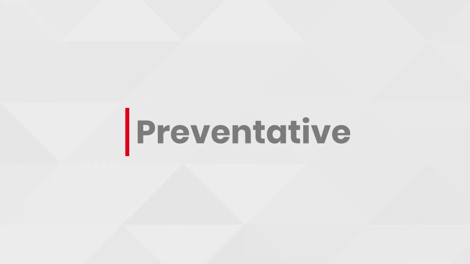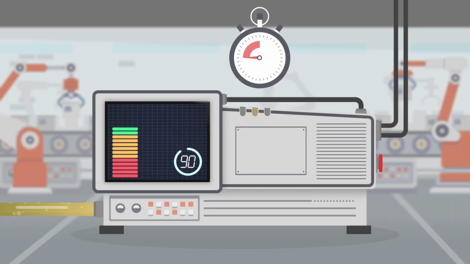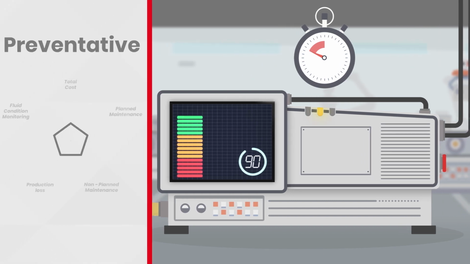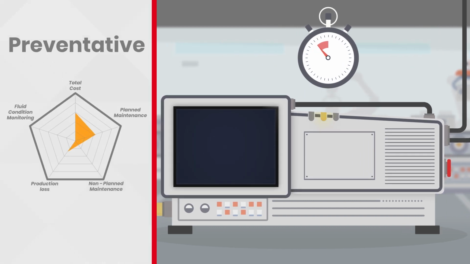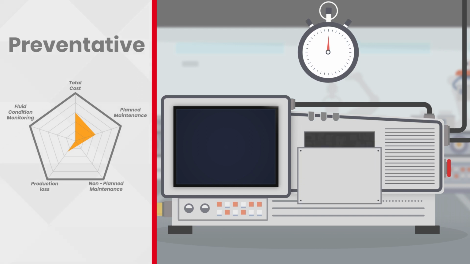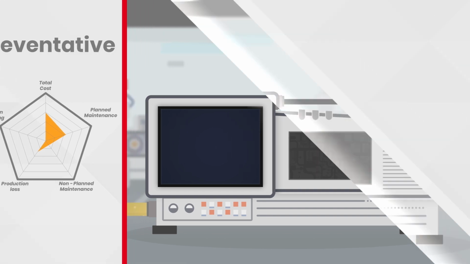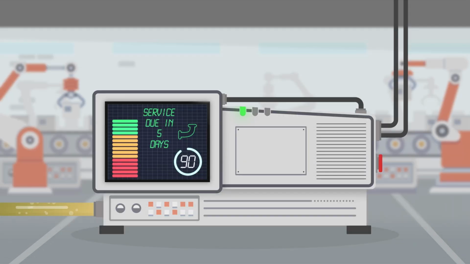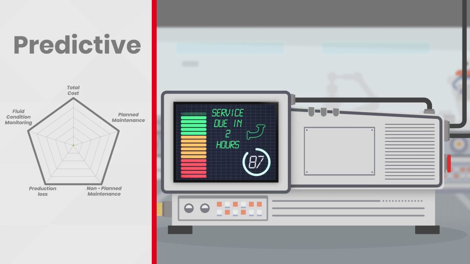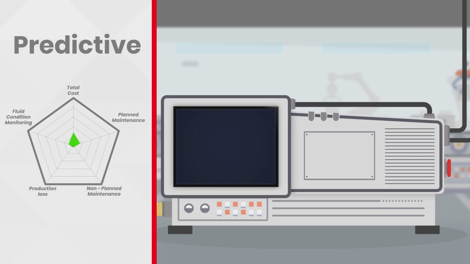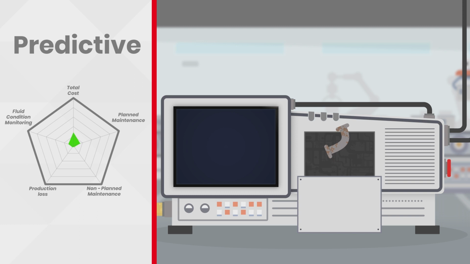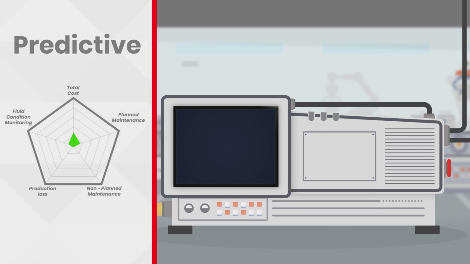A preventative strategy flags faults early, but incurs high costs due to increased levels of planned maintenance. These maintenance deployments are often unnecessary and can also lead to the replacement of components too soon into their working life. A predictive strategy incurs some small initial costs but flags problems at the optimal time. This means maintenance deployments and downtime is kept to a minimum and is therefore the most efficient and cost-effective solution